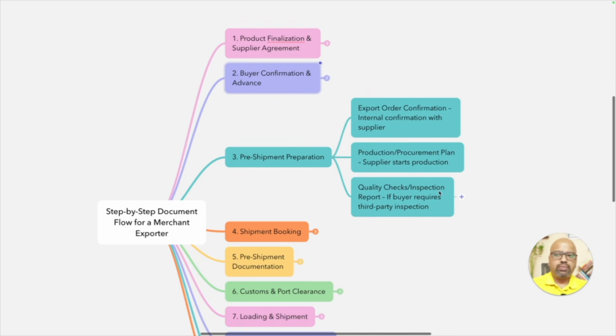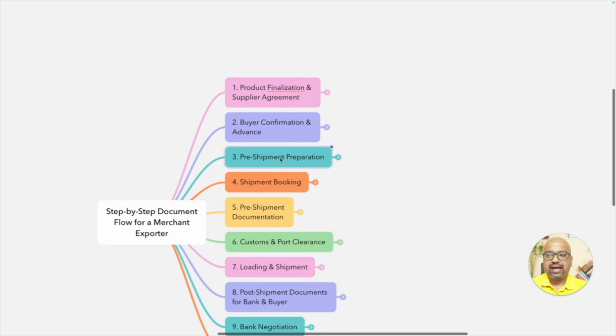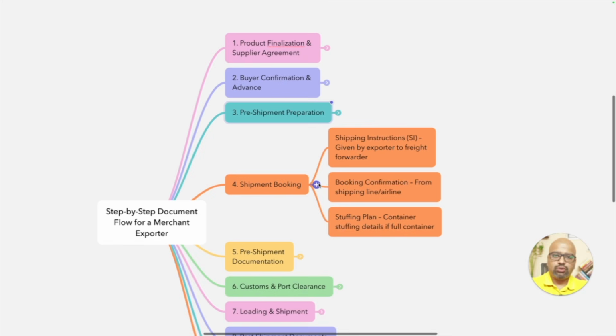You need to make sure that if that request comes to you, or you know that it's going to come, you add that cost to your quotations, because every price is going to come from the buyer. There is nothing that you're going to put in from your pocket. It's all from the buyer itself. So you need to be sure that everything has been added to your quotations before you receive the purchase order, or else you may miss something and screw up. So that's the situation. Then shipment